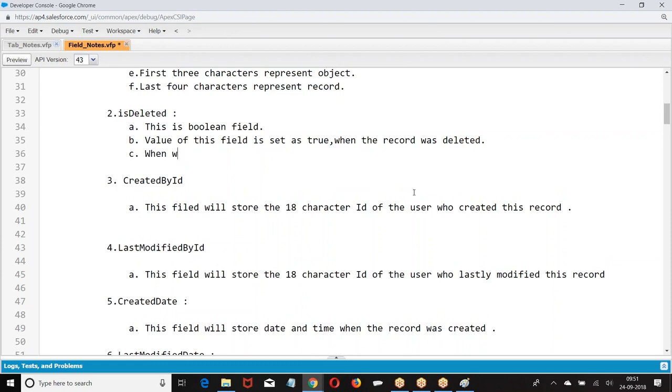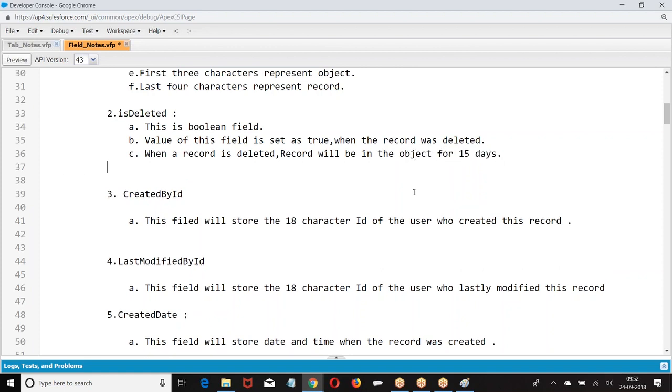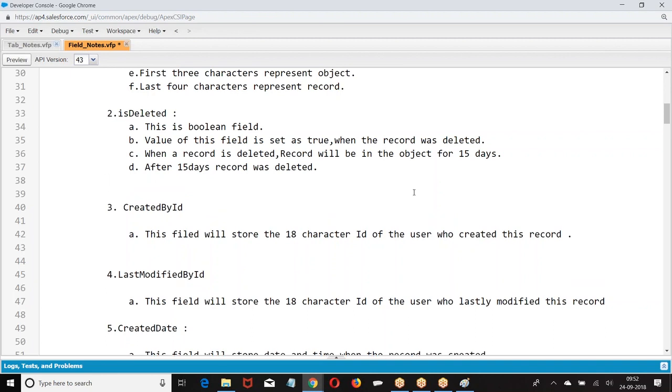When a record is deleted, the deleted record will still be in the object for 15 days. After 15 days, the record will be deleted permanently.